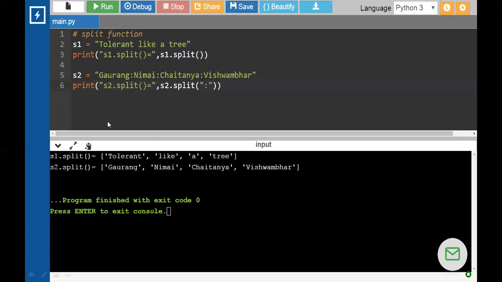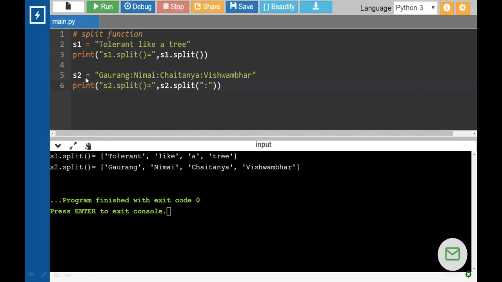So in the output, when we run this program, the first line you can see in the below black window is a list containing all the 3 words and that character A. So the split function has separated all these words and the single character A from each other and converted it into a list and returned it to the print function.